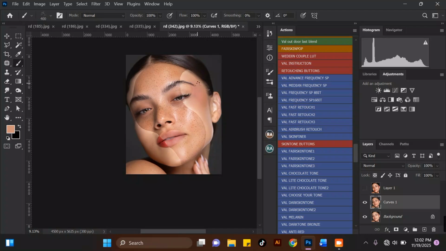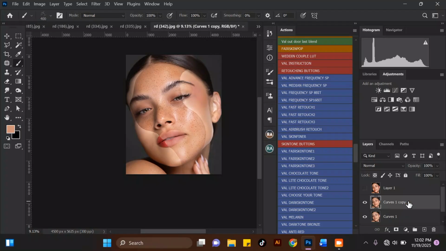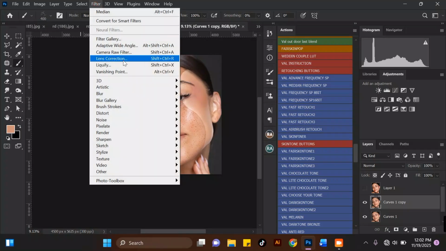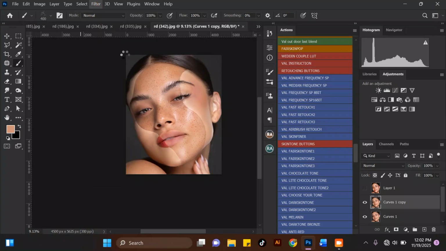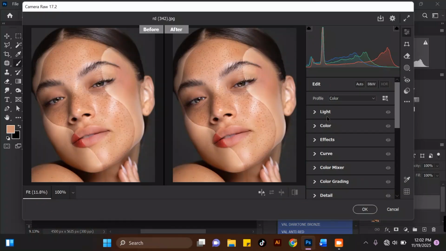Okay, I'm going to take this picture to camera raw filter. Okay, so I move this picture to camera raw filter. Let me duplicate it first. Control J. Okay, so take it to camera raw filter. So let's do some adjustments over there. Okay, so right here in camera raw filter,